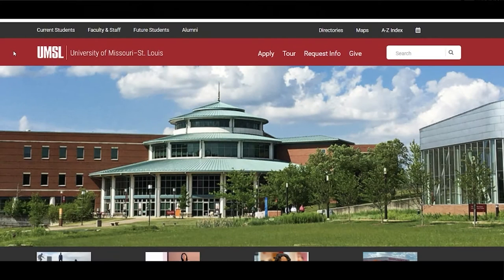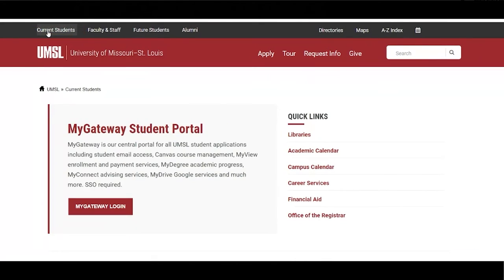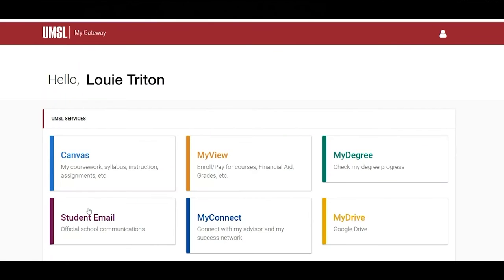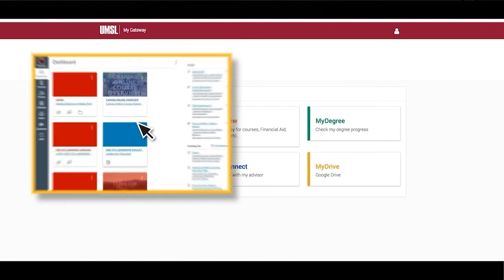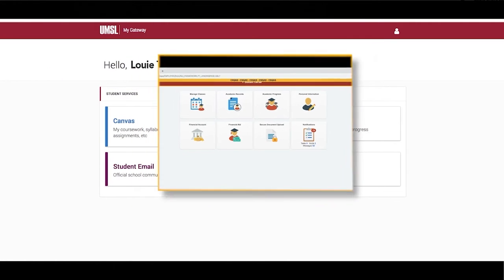It is important to be familiar with the UMSL website. In the top left corner is the Current Students tab. From there, you can access your MyGateway student portal. MyGateway is your central portal for all UMSL student applications, including student email access, Canvas course management, MyView enrollment and